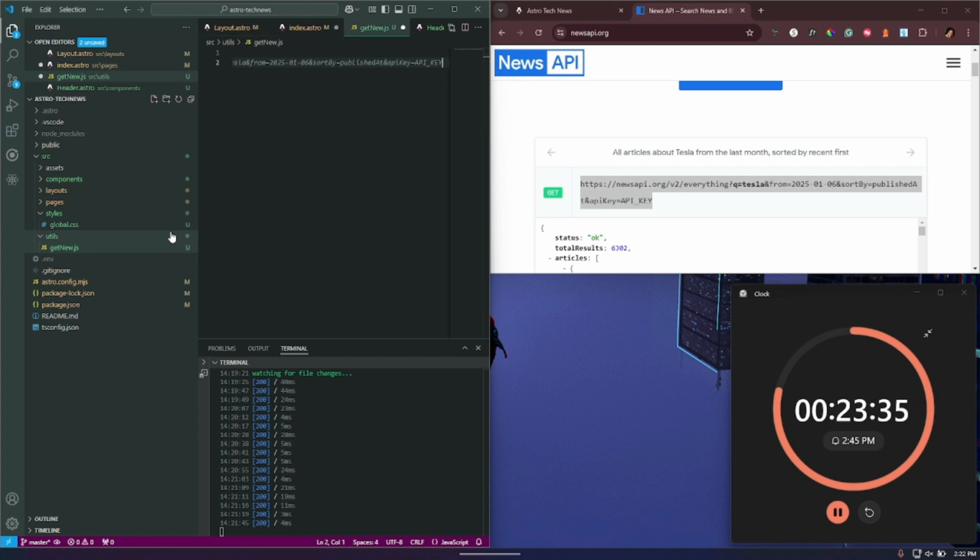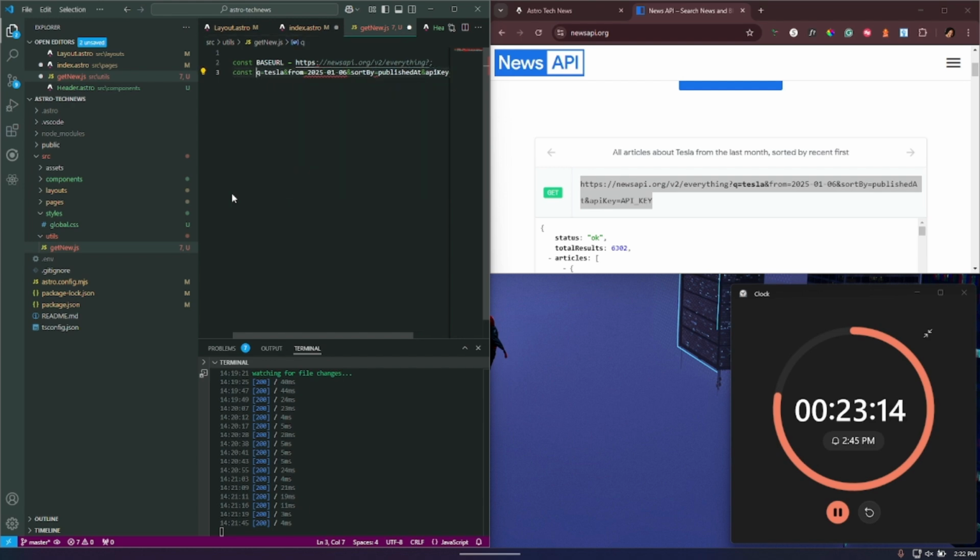And we want to deconstruct this, so we'll say const base URL equals everything, and then